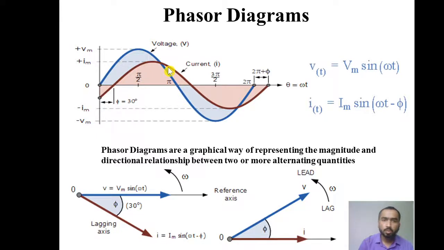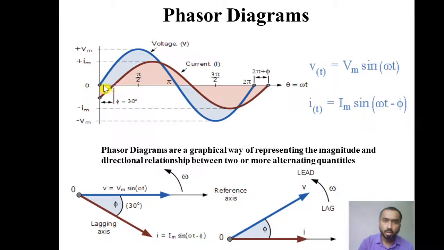Now to measure phase difference we select the same 0 crossover point. This is the 0 crossover point from which the voltage goes in the positive direction, and this is the 0 crossover point of current from which the current goes to the positive half cycle. To measure phase difference, we have to see the difference between these 2 points.